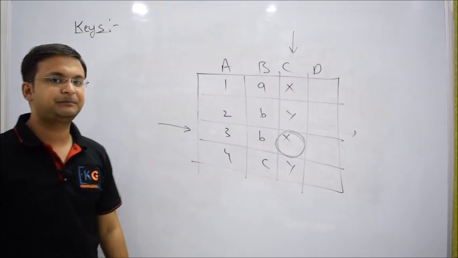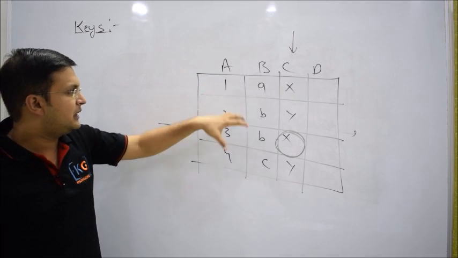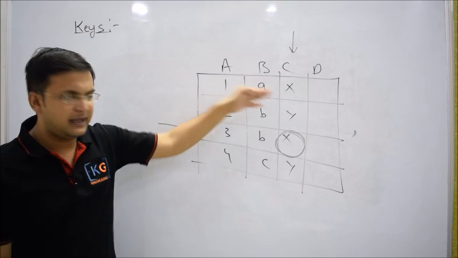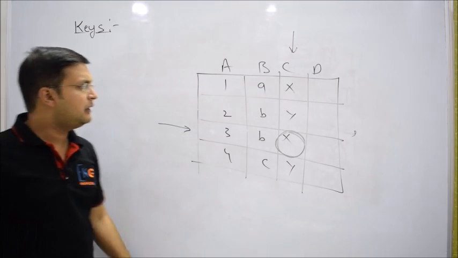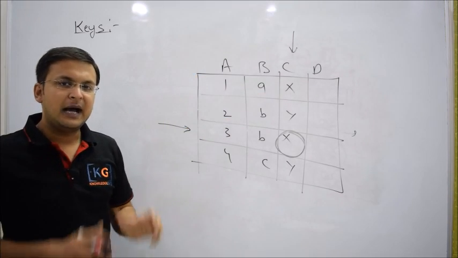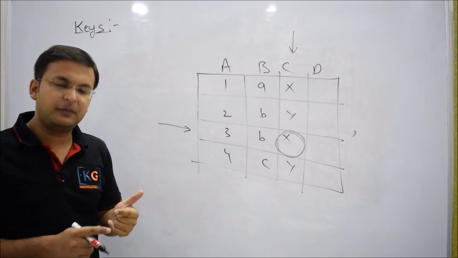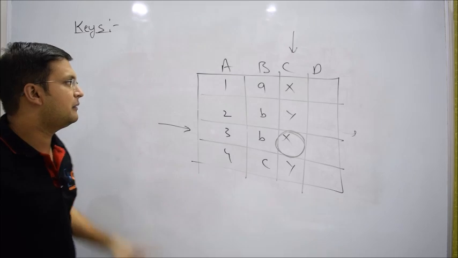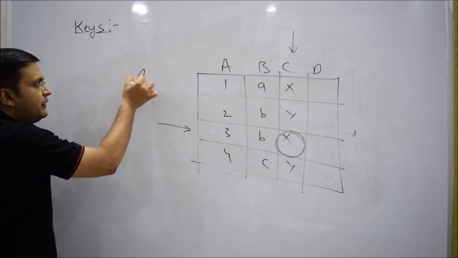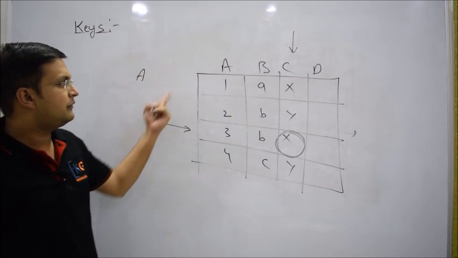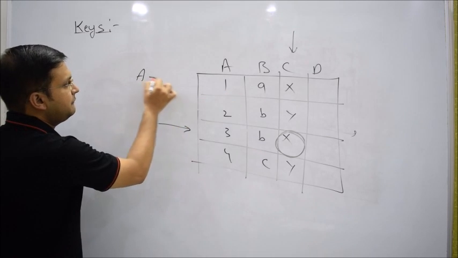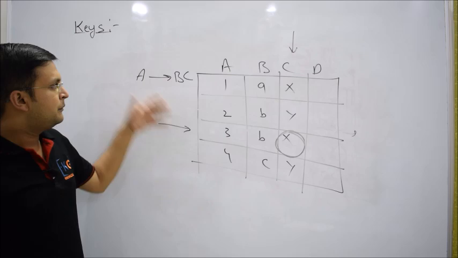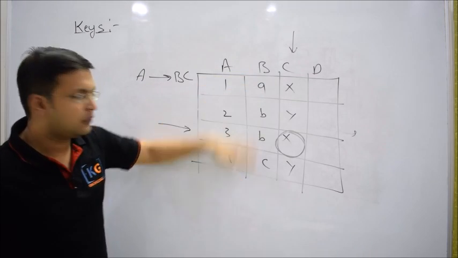Now if I want to select any particular row in a set of rows, a row or a tuple or an entity, all mean the same. If I want to access a particular row, I must tell a property or values of an attribute which is unique. For example, here I can use attribute A, and I'll tell you the value of A and you tell me the values of B and C. So it is nothing but a functional dependency from A to BC. Based on the value of A, you can search a row uniquely.